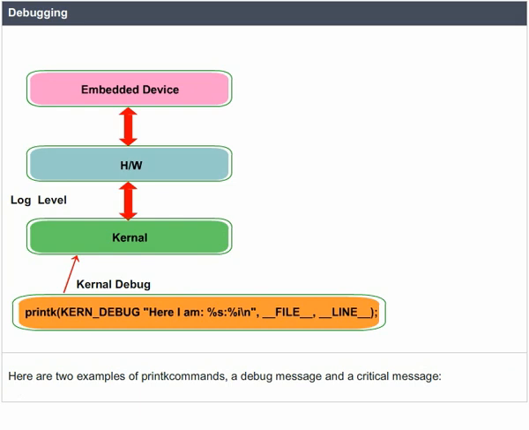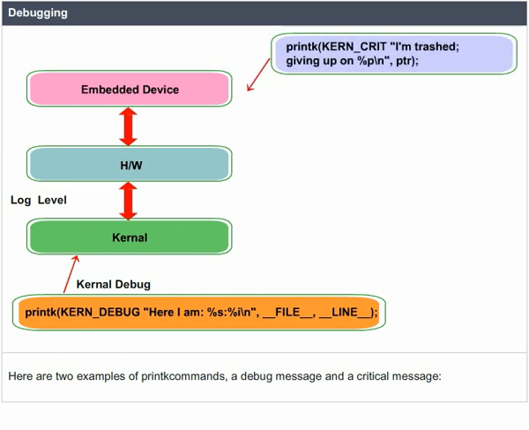printk(KERN_DEBUG "here I am: %s:\n", __FILE__, __LINE__); printk(KERN_CRIT "I'm trashed; giving up on %p\n", ptr);